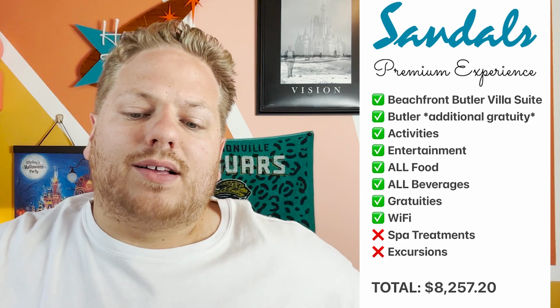So you're still going to get all those things included with any Sandals stay. Now you're upping the game by having the butlers there to assist you. So we went with the starting level Butler room, just like we did the starting level Star Class room on the cruise. Starting level Butler room, you could go higher, but we got that, and that is going to be the beachfront oversized Butler Villa Suite. So beachfront, right in the name, tells us you are going to be on the beach, going to have a great room, great layout there, and have that Butler experience level. So that came in at a price of